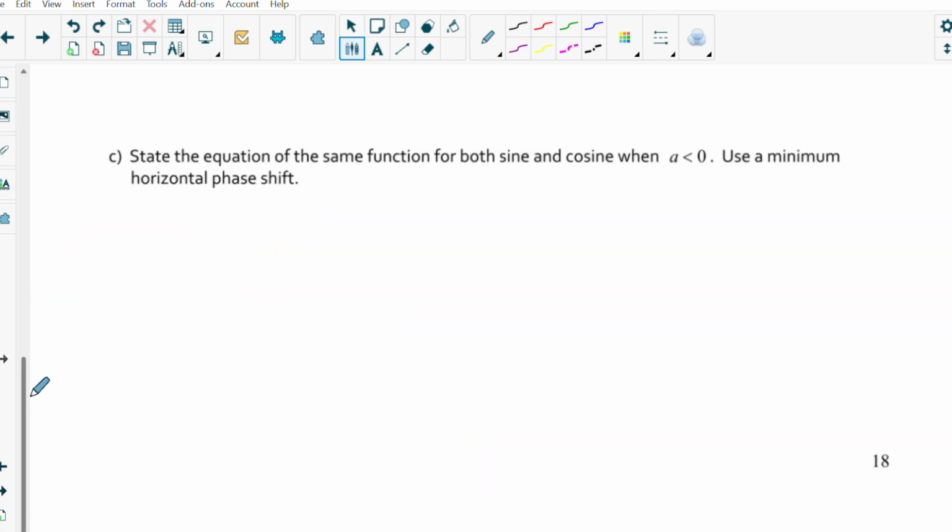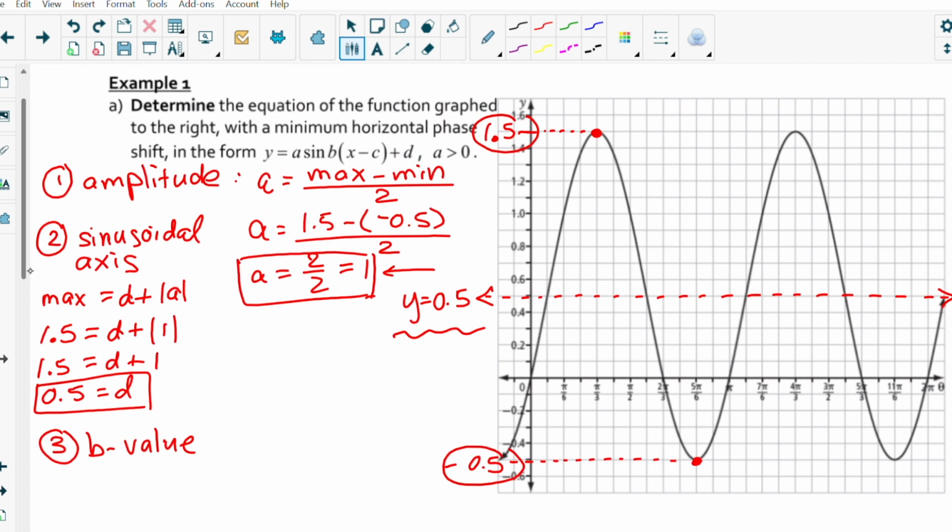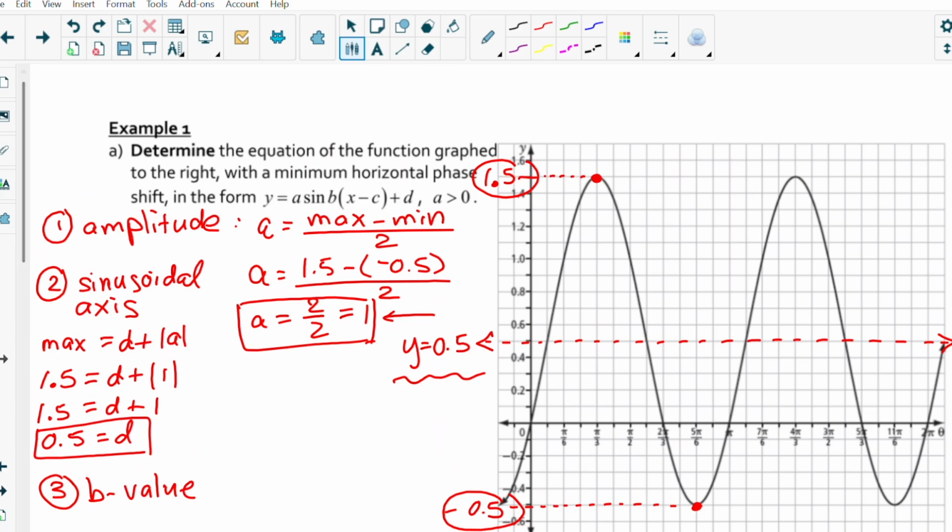Number 3. Let's calculate the b value. So the horizontal stretch about the y-axis. Okay, let's think about that. When we think about the b value, I gotta think period, right? So period is one full cycle. So in blue here, folks,